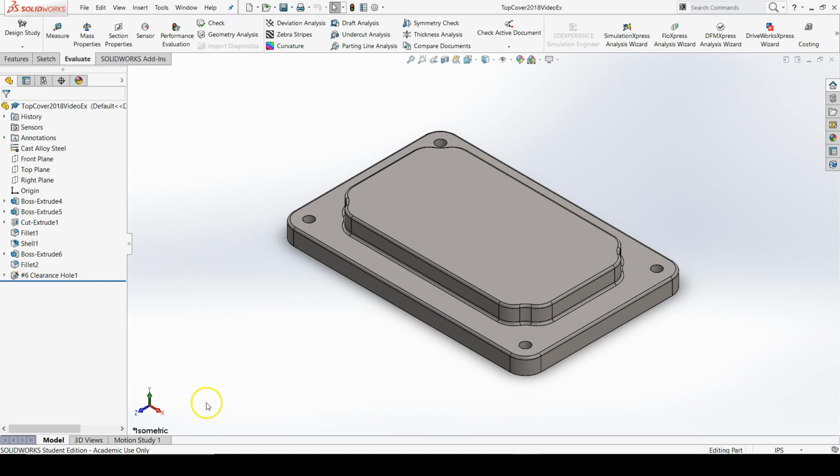So the top cover should have two configurations where the clearance holes are suppressed, but for the sake of time we're not going to do that, and we'll just do a complete drawing of the machine shop model of this top cover. So we will create a new drawing,